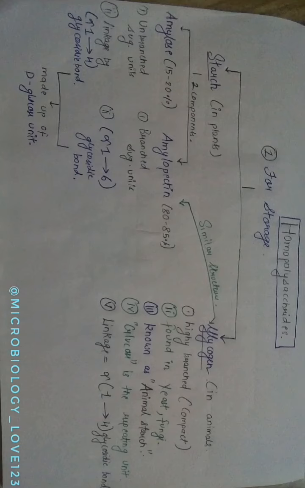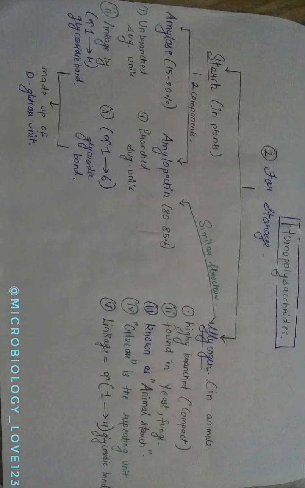In amylose we can see linkage of alpha 1,4 glycosidic bond, which means the carbon 1 of one sugar unit is bonded to the carbon 4 of another sugar unit, and it has alpha configuration, which means the OH group present on the anomeric carbon, that is on the C1 carbon, is on the opposite side of the aldehyde group. Whereas the amylopectin is connected from the C1 carbon of the sugar unit to another sugar unit at C6 carbon, and it also has an alpha configuration, and both of them are made up of D-glucose units.